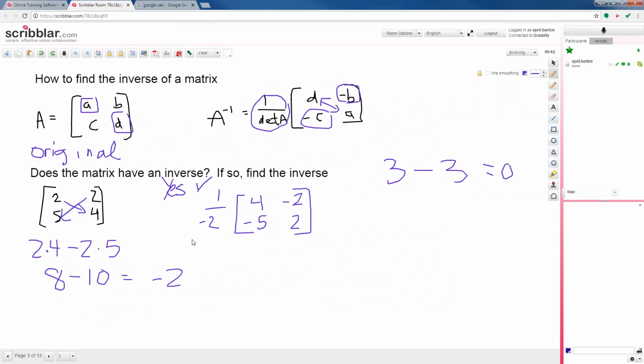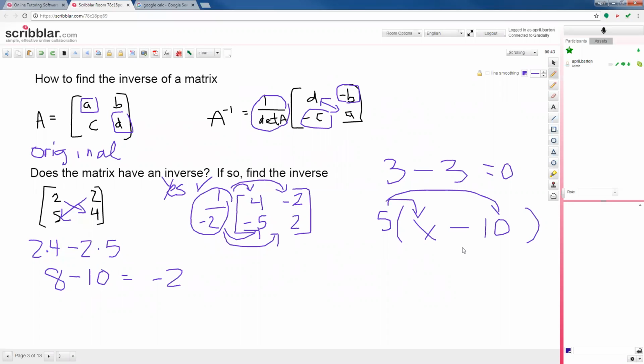So basically when you have this number in front, you have to multiply it in to each part. It's kind of like regular old distribution. When you have a number next to some parentheses, you have to actually multiply that number into each part. 5 times x is 5x, and 5 times 10 is 50. So distributing, we get that, and we have the same thing here, but now we're working with fractions. Fractions are kind of hard to work with.